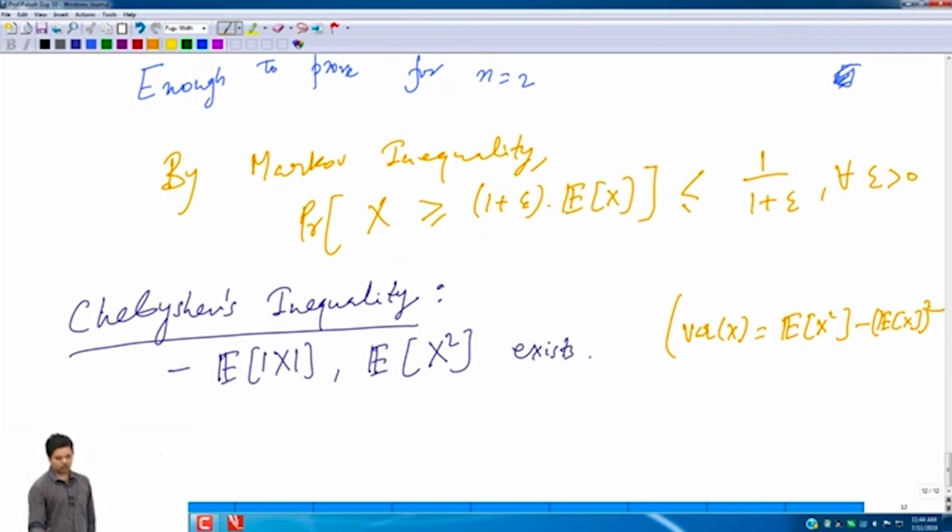So if both the expectation of x and the expectation of x square exist, then variance also exists. So here is the extra assumption that Chebyshev's inequality is making. So this is the assumption, and then what do we have? Then Chebyshev says that